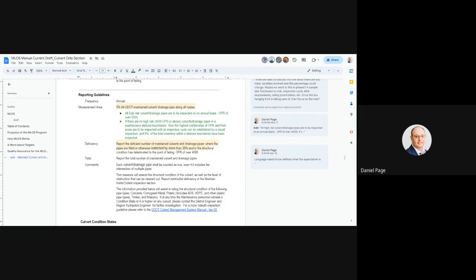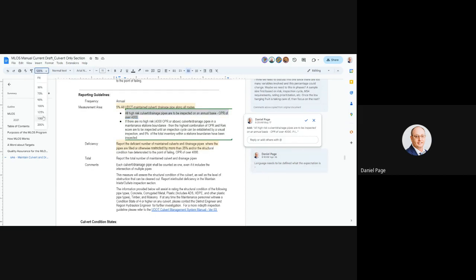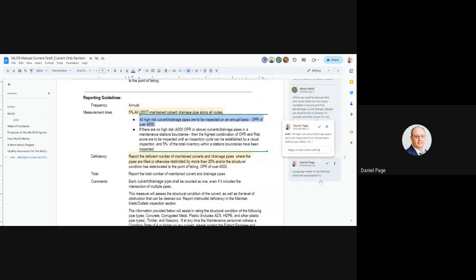We came up with the following language, and I'd like to have a discussion, if that's okay, Ab, based on what the committee thinks and feels is the right approach for maintenance. The first bullet we have right here, I'm just going to highlight it. If I need to make this bigger, let me zoom in on this. It says all high-risk culvert / drainage pipes are to be inspected on an annual basis of an open